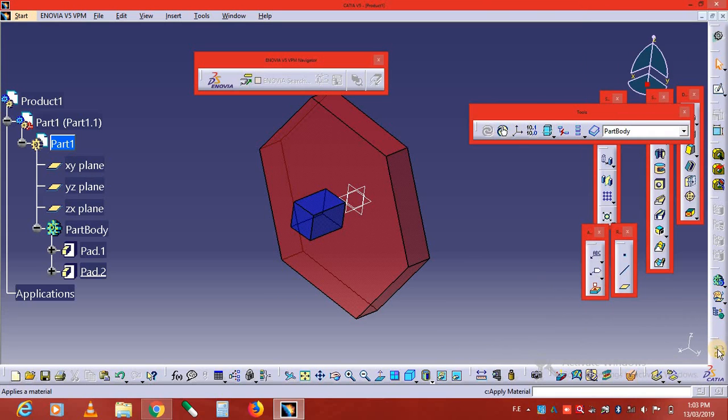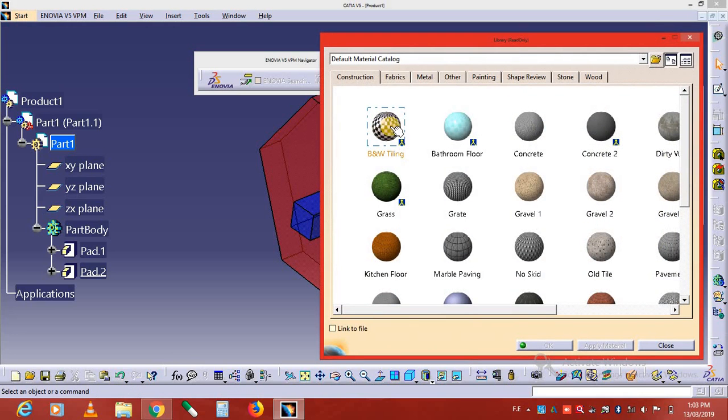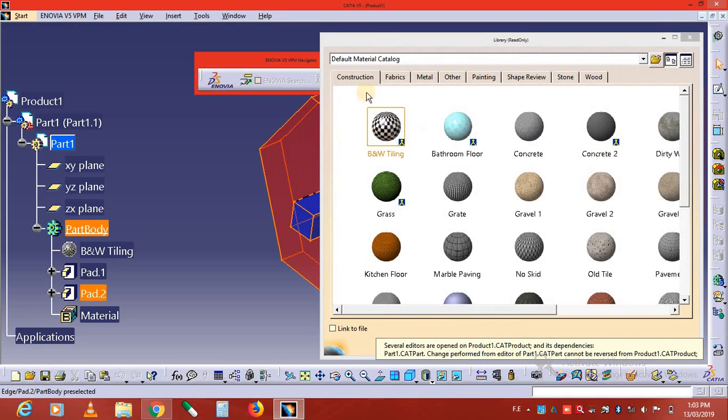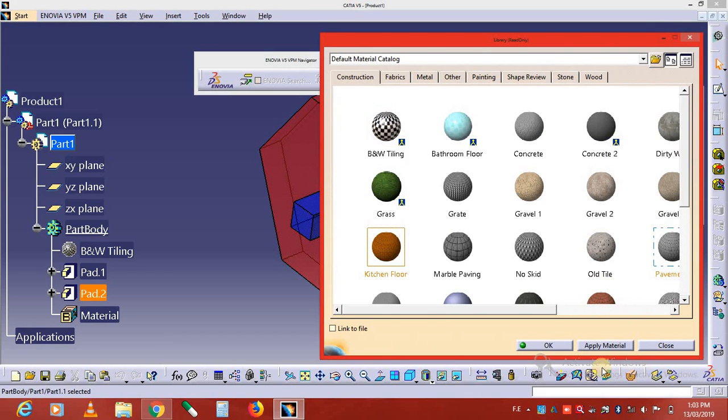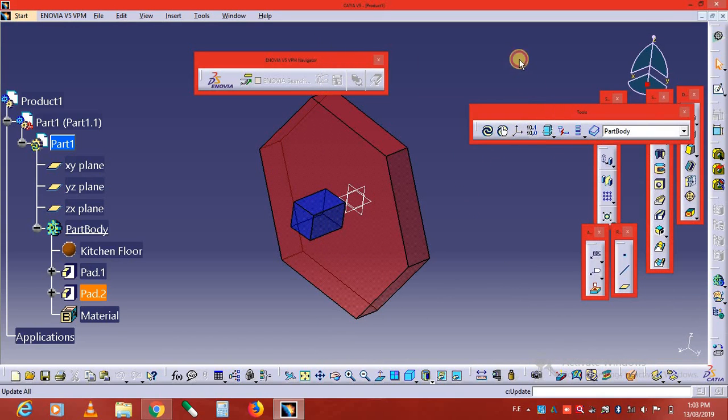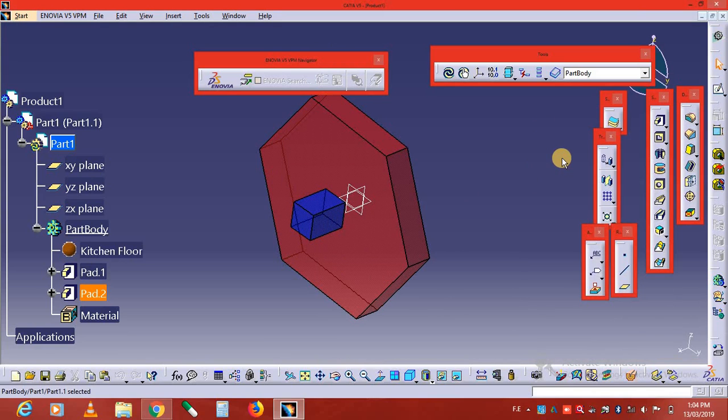We go to this toolbar and we fill up this material directly. We apply this material or this material to this body. So, apply material. Okay, so this is not showing here, so we go to the View features, and here we see the